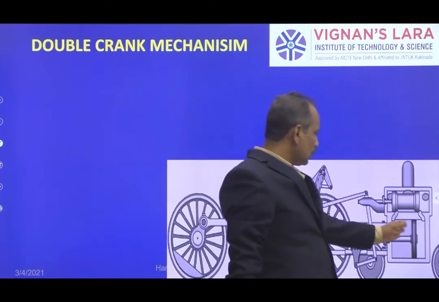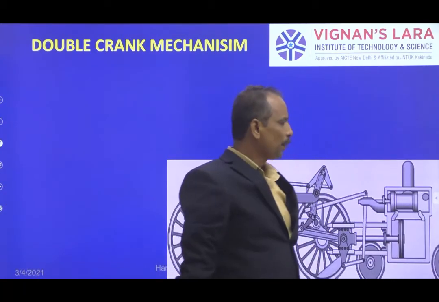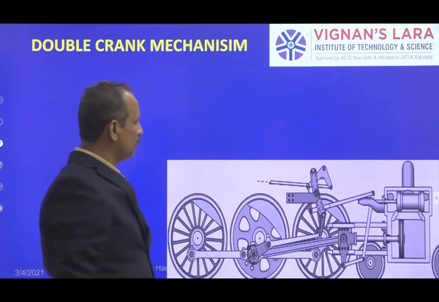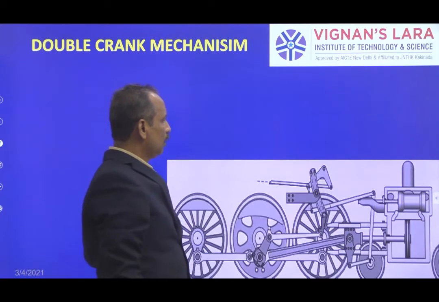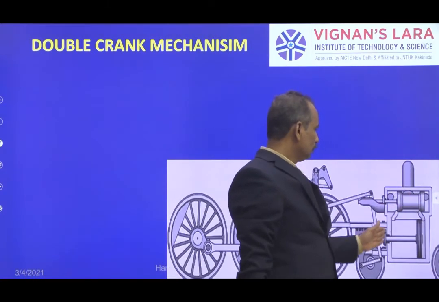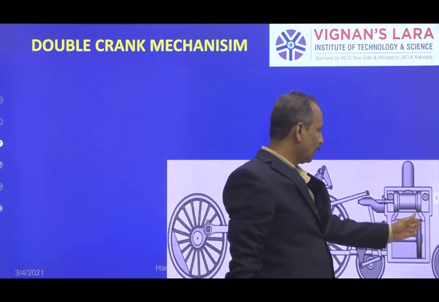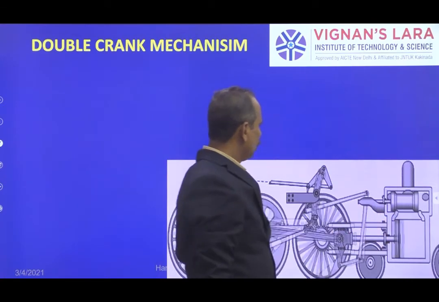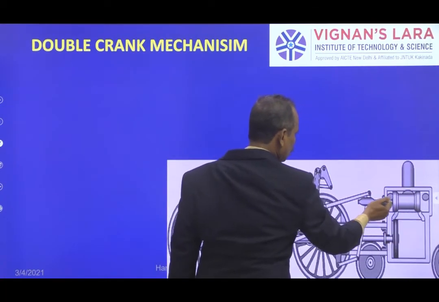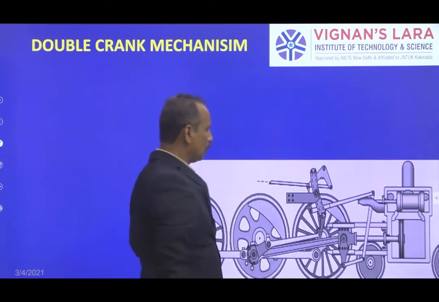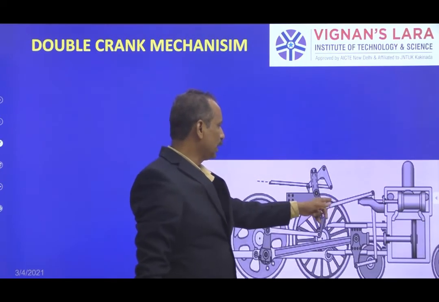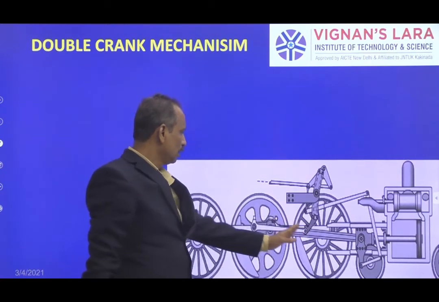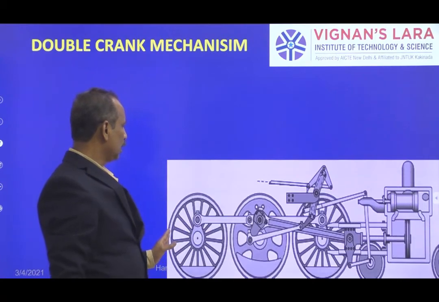This is a steam engine which you might have studied in your second year first semester or second semester course, where a D-slide valve controls the steam entering and leaving a double acting engine. You can see this is the D-slide valve, which is also controlled by this connecting lever. Our objective is actually this wheel's motion, isn't it?